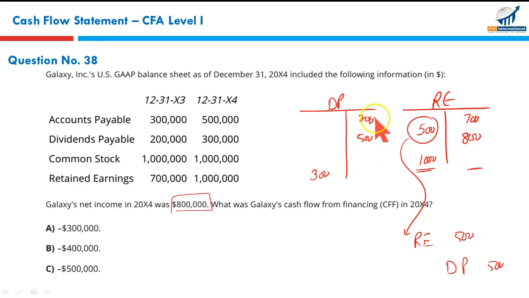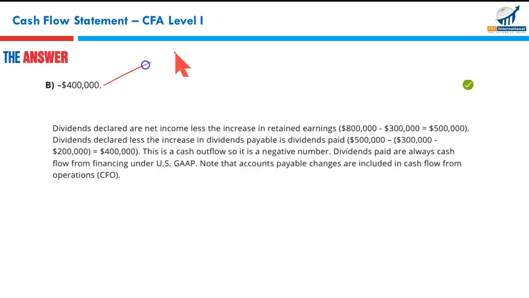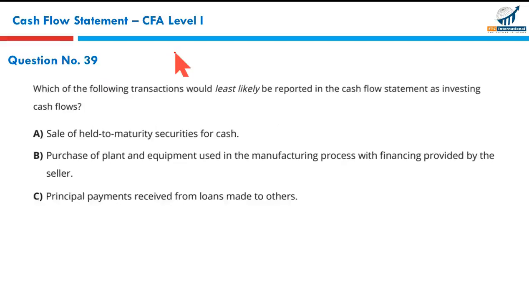Now, opening dividend payable 200 plus 500 declared during the period, we should have paid 700. 300 is still payable at the end of the year. It means what we have paid, the difference between these two, is 400,000. This is the dividend paid during the period. That makes B the correct option. Drawing up the accounts will help you solve questions like these. Next,